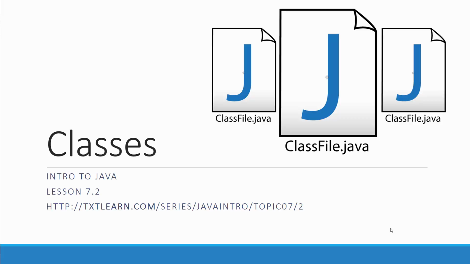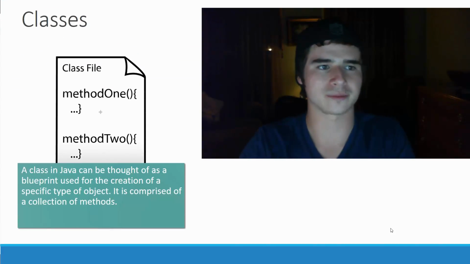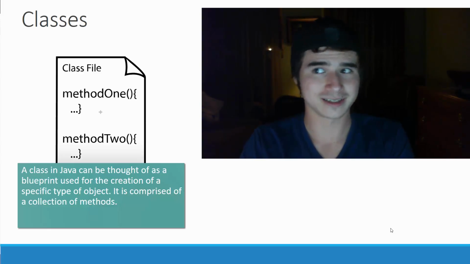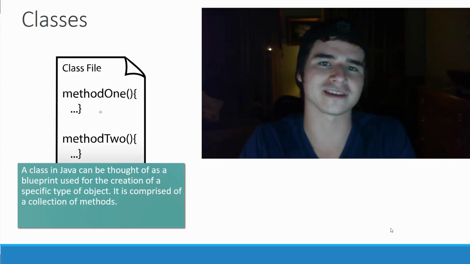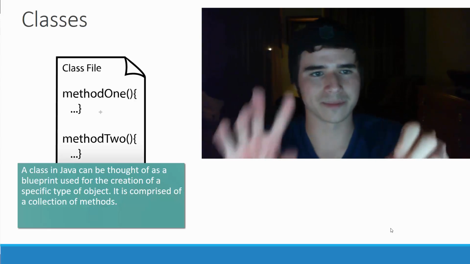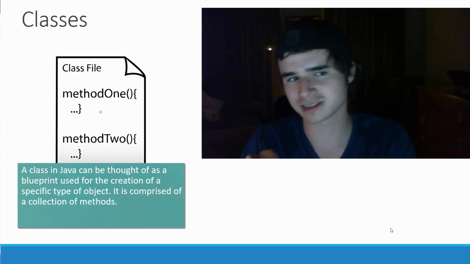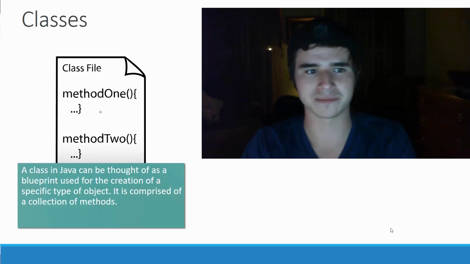In this lesson, we will be discussing classes and how they relate to object-oriented programming. So a class file can be thought of as a blueprint used for the creation of a specific type of object, and it's comprised of a collection of methods. So we have our class file, and so far we know we can make a main method and we can create additional methods, but we can also create additional class files which represent objects and give those their own specific